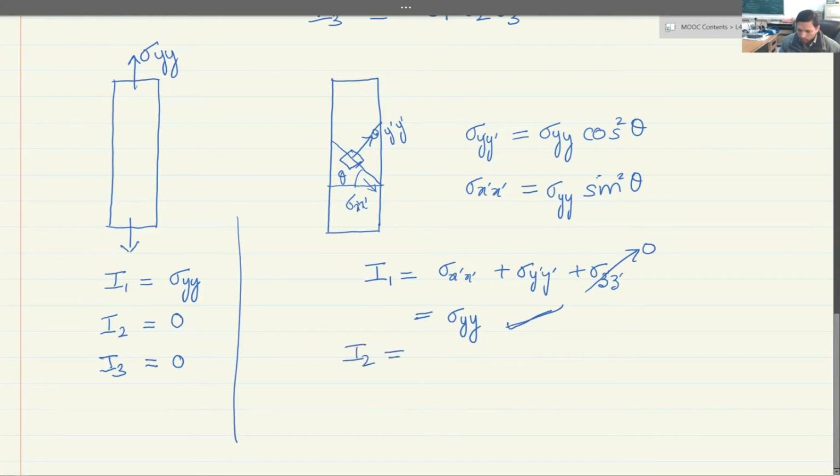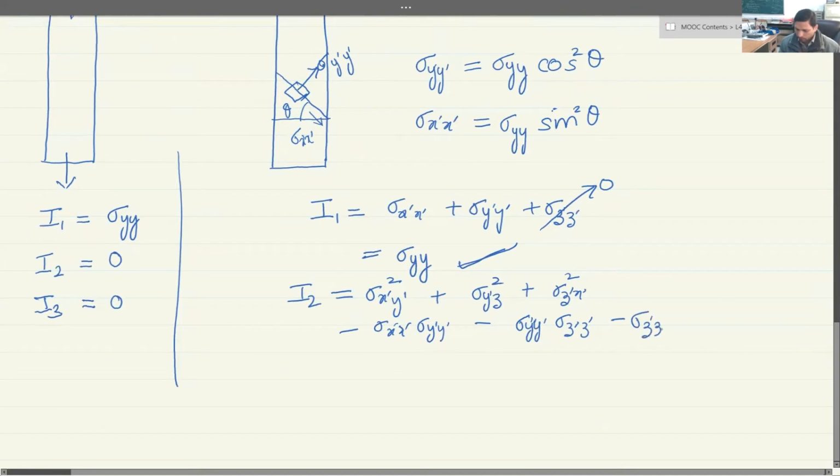Now going to I2. So I2 is sigma x prime y prime square plus sigma y prime z prime square plus sigma z prime x prime square minus sigma x prime sigma y prime minus sigma y prime sigma z prime minus sigma z prime sigma x prime. Now over here, this term is 0, this term is 0,